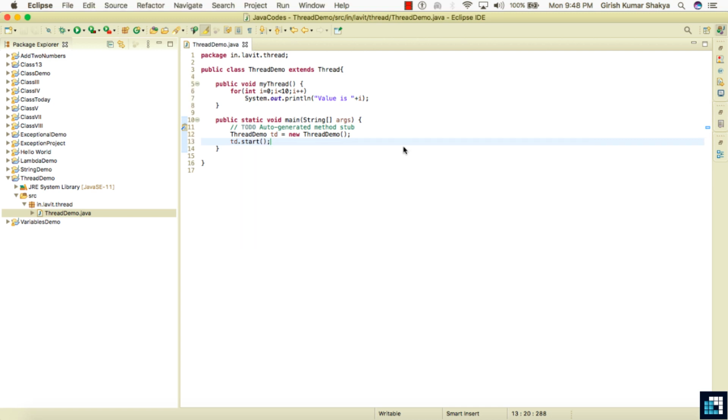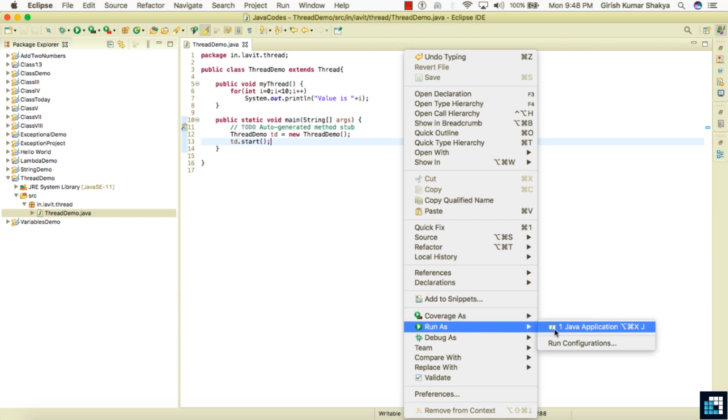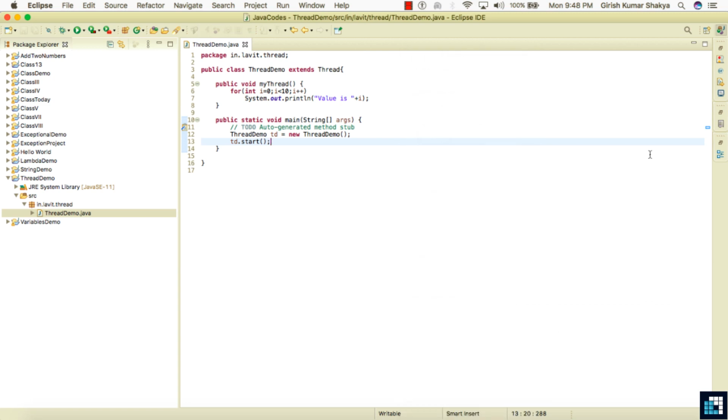When I run it, it won't give you any output. Why? Because of a method available in Thread. When you call the start method, it is the lifecycle method of a thread.